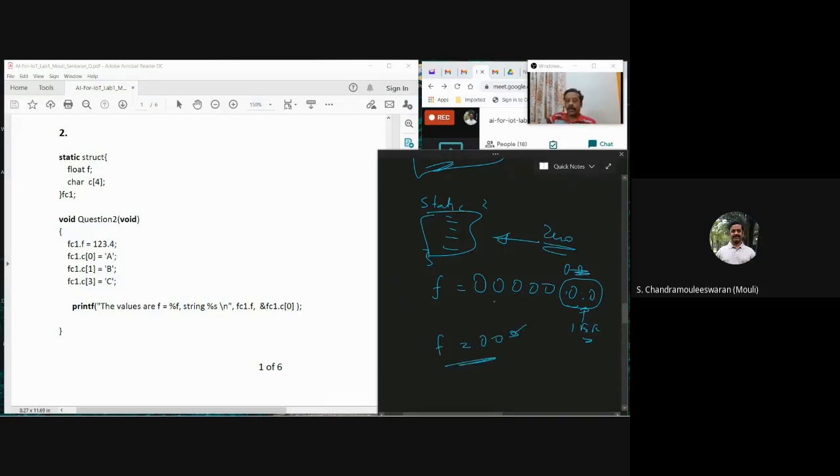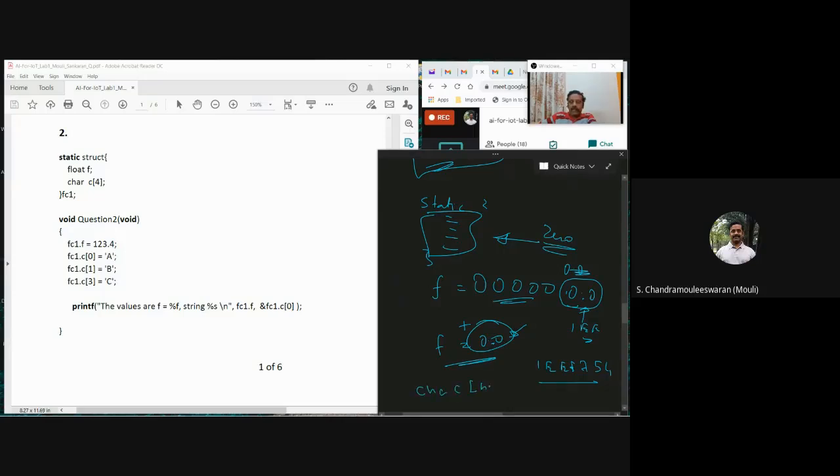It could be just all 0 entries, or it could be 0.0. Actually, it is also the same. If I remember, in IEEE 754 format, 0.0 is also all zeros, because the sign bit is plus, so it will be all zeros. Okay, fine, no problem. Now, what happens to the c4 character array?